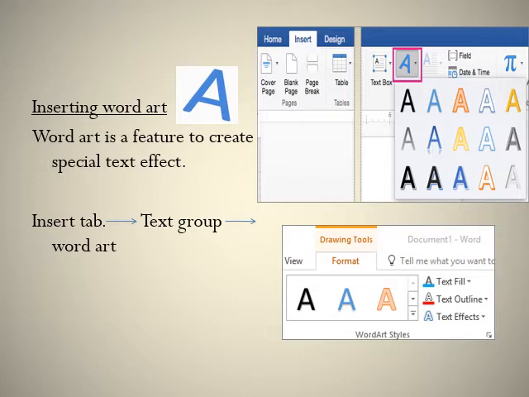Then you will replace the text that you want to be changed. After that, you will go to the word art style group in the Format tab. Then you come to the second picture. From here you can select three options: text fill, text outline, text effect. You can use these three options to make your text look better. Here you can change the outline, you can fill color in your text, and you can give effects to your text to make it look more attractive.